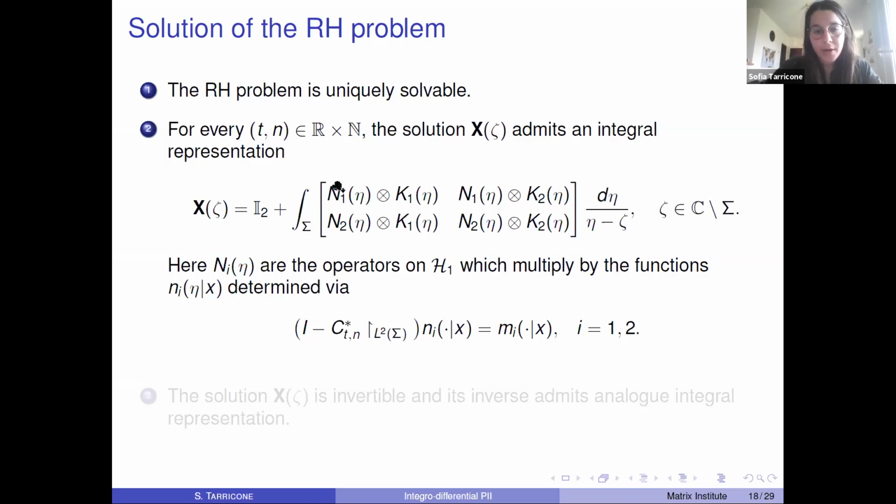Now, the operators Ni that are defined inside this solution are given in the following way. So Ni are multiplication operators on the space H1 that multiply by the functions little ni that are determined through this integral equation, where mi are the functions that we define in the very definition of the operator Ctn. Now, this is just the real adjoint of Ctn. And well, this integral equation actually has a solution. So this function Ni actually exists